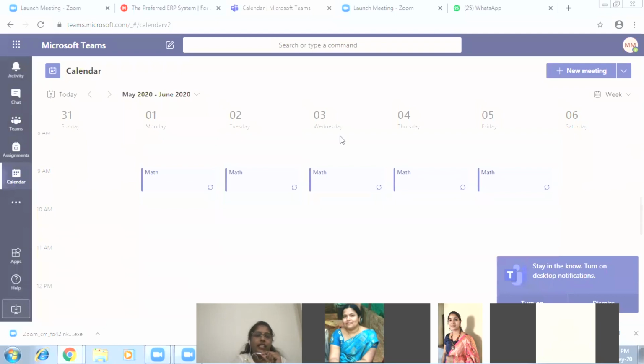You'll have the same way. See, these things also will be opened in mobile. Just go to calendar and create meeting. You'll have new meeting. In new meeting, you need to select those things like title, time, whichever time you are taking, and the time duration, the date. Then you need to select channel, add channel. So there you need to select your class and the subject. Then you need to save your meeting. So once you save, your meetings will be saved on a particular date, at a particular time.